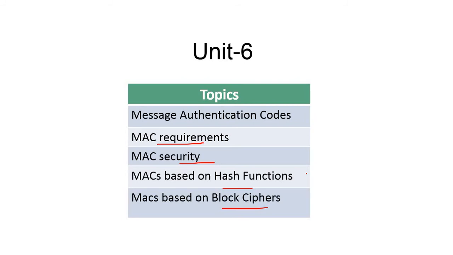As well as we have discussed 4 different cases for the message encryption, like symmetric key encryption, which produces confidentiality and authentication, whereas cases number 2, 3 and 4, the remaining 3 cases, are for public key encryption. At that time we used the public key, and in the first case we achieved confidentiality. In case number 2, we achieved authentication and signature, and in the last case we achieved confidentiality, authentication and signature, all these things.